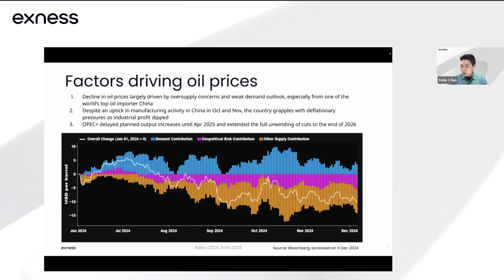And especially concerns about the oil supply have decreased a lot due to the possibility of an end to the war in Ukraine under Trump and the progress of a ceasefire in the Middle East area. And additionally, the sluggish economy of China, the largest importer of crude oil, may also serve as a factor limiting the rise in oil prices, not only through 2024, but it is possible it will also proceed until 2025 this year.